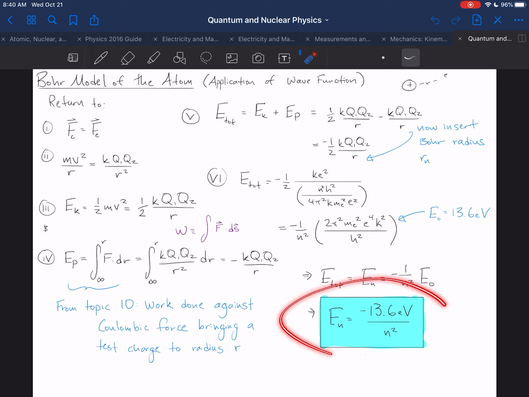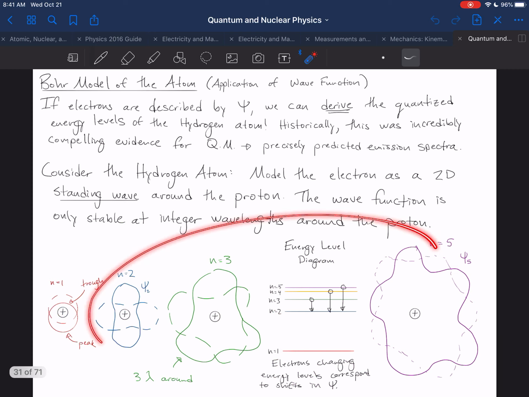And in fact, this is the equation that we need to predict the emission spectrum of hydrogen. Notice that the only thing that changes that total energy is n. So our different energy levels are represented by n equals 1, n equals 2, n equals 3. And remember that n, this original n, came from the assumption that the only allowable stable states were these standing waves with integer numbers of wavelengths